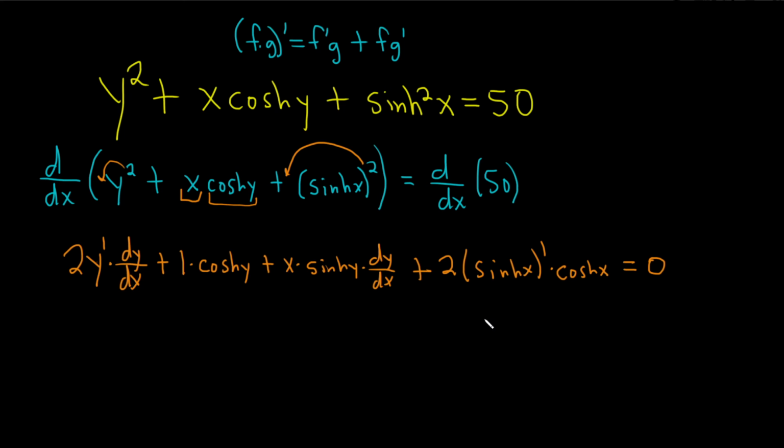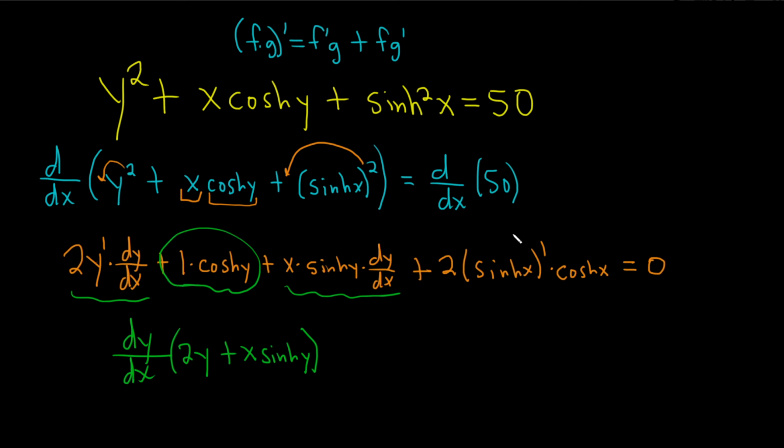All right, we're looking for dy/dx. So there's one over here, and there's one here. So let's factor that out. So dy/dx times 2y plus x sinh y. And then let's subtract away this term here and this term here. So this is equal to negative cosh y, and then negative 2 sinh x